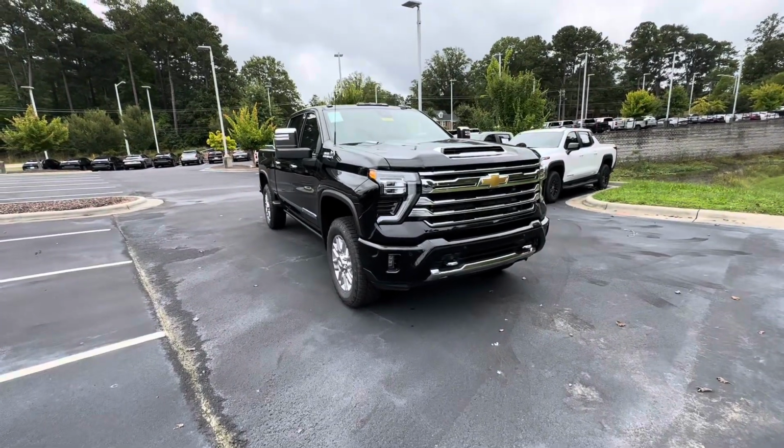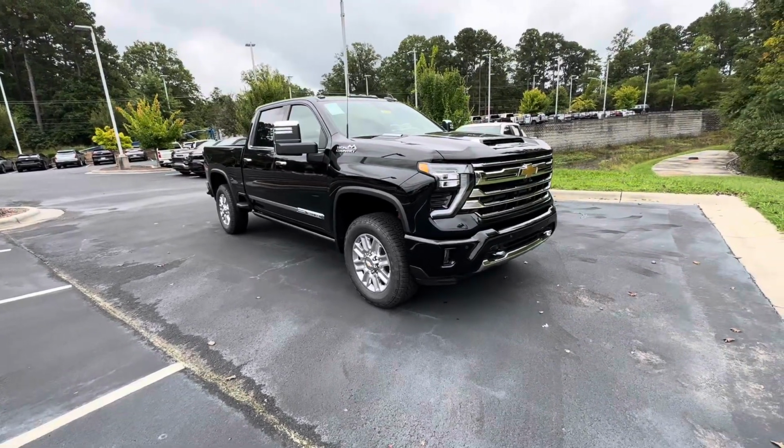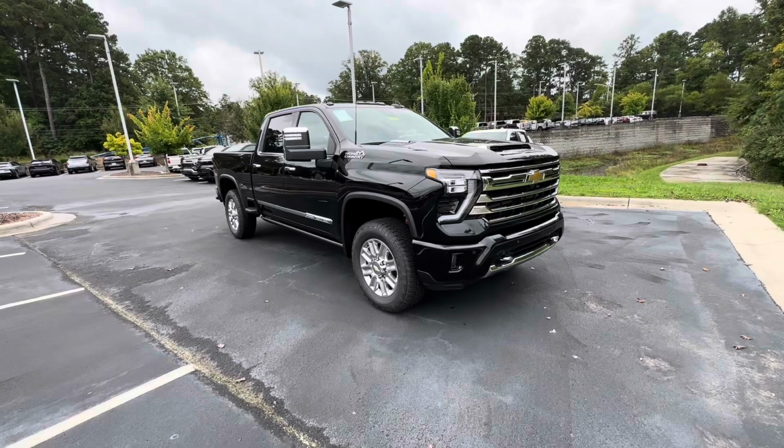My name is Joshua McDonald and today we are checking out this super cool 2025 Chevrolet Silverado 2500 HD High